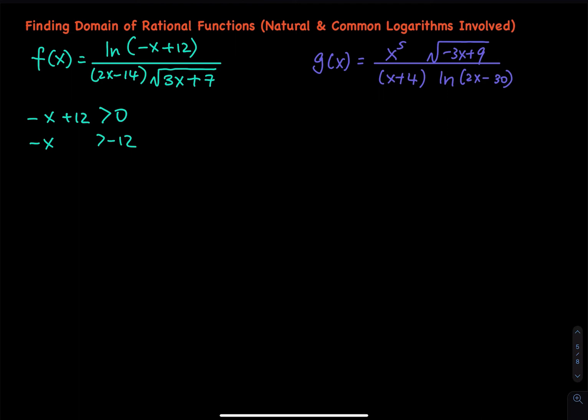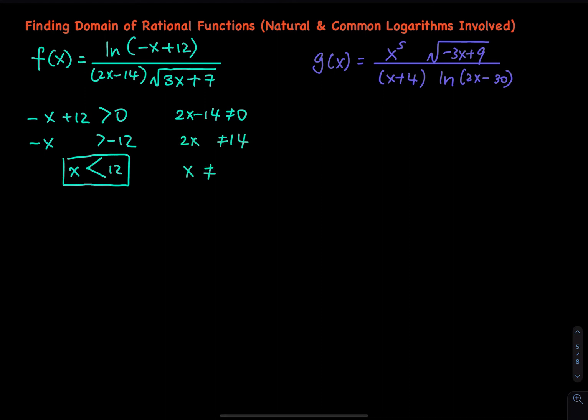And then you either multiply or divide both sides by -1. Remember, for an inequality, every time you multiply or divide both sides by a negative, you have to reverse the direction of the inequality symbol. So the first restriction is x must be less than 12. And then the next one, you have 2x minus 14 in the denominator. So since that is in the denominator, we have to point out that 2x minus 14 cannot be equal to 0. All right, then solve this. 2x cannot be equal to plus 14, and then x cannot be equal to, divide both sides by 2,